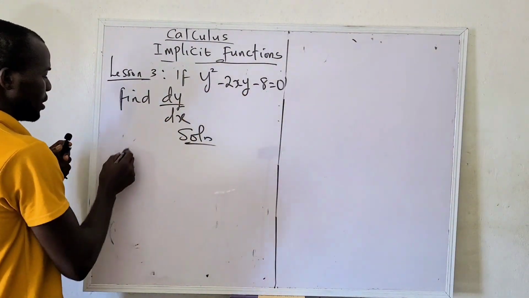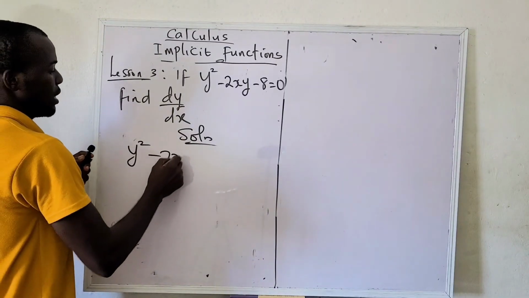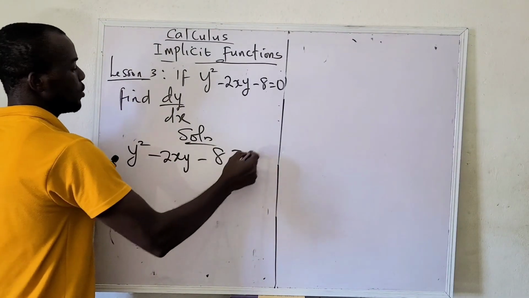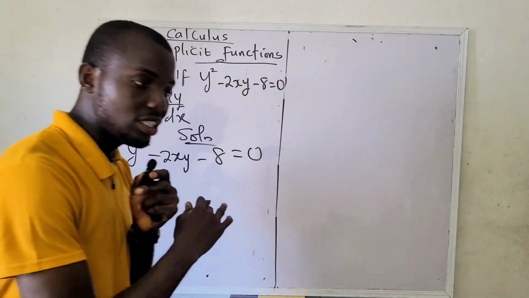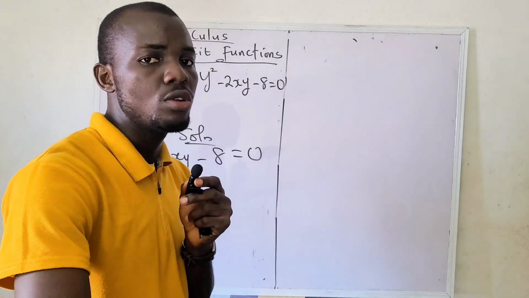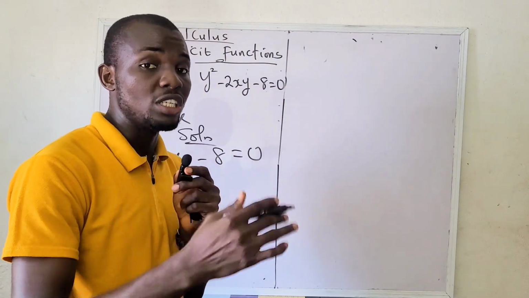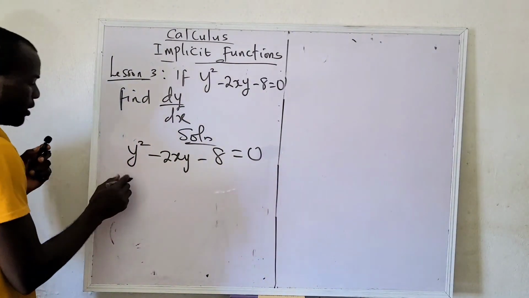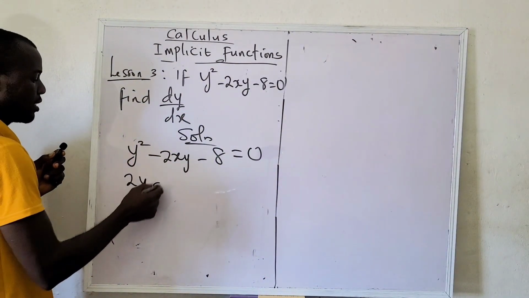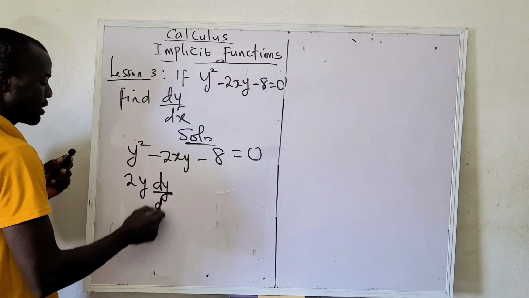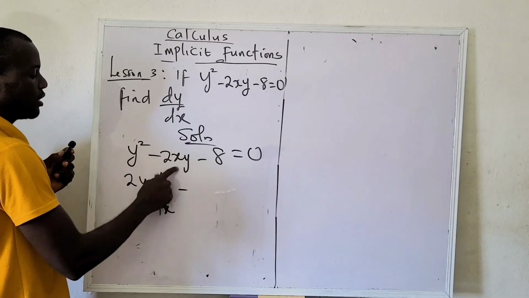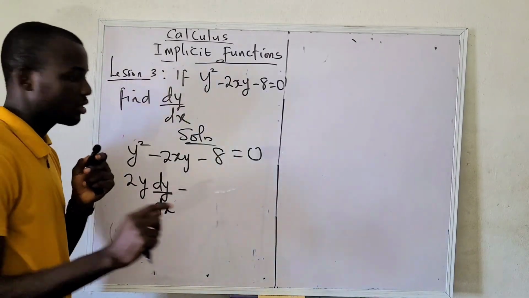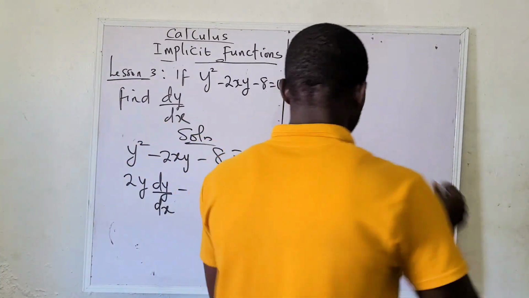What we are going to do, we have this y squared minus 2xy minus 8 equals 0. You would differentiate both sides with respect to x. That's what you're doing. So if we differentiate this one, this will be 2y dy over dx minus this, treat it as a product. Using the product rule, you have